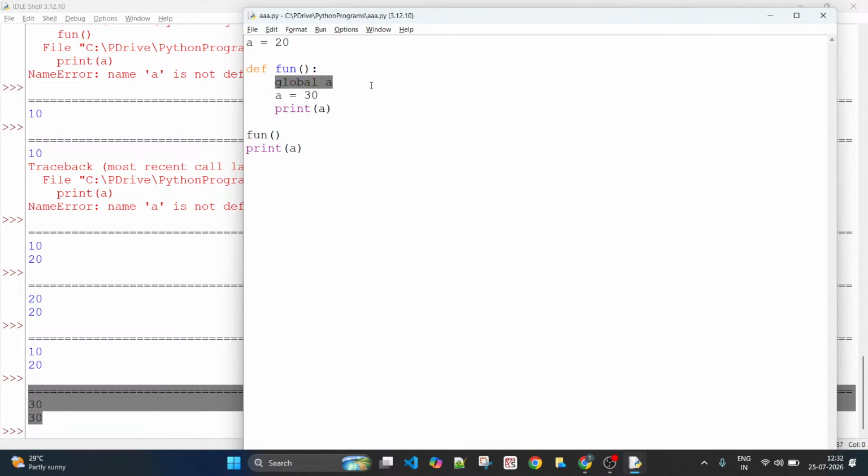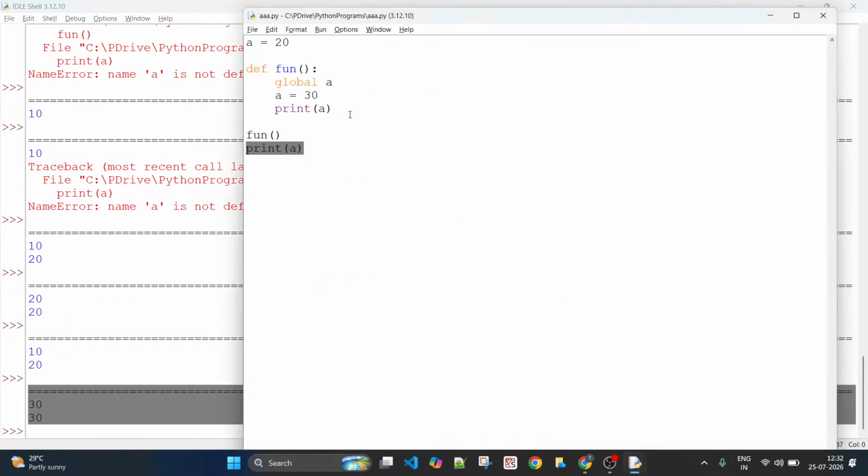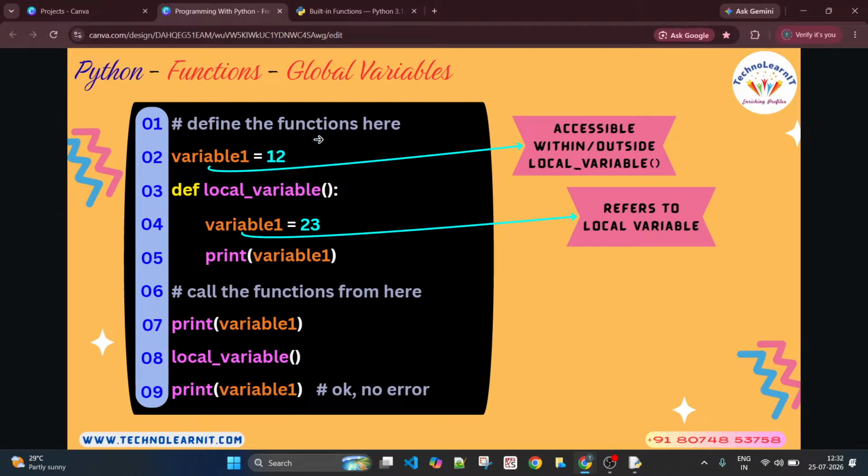But when you say global a, it indicates that I am referring to the global level variable that has been defined. So this is what it refers to, and you update it to 30. But since it is a global variable, this also has to access this one only. By that time the value of a has been updated to 30. So you see 30 coming out here. So the output would be 30 and 30 here. The reason is you have used global a, meaning I am referring to the global variable from here. This is the concept of local variables and global variables. The concept is very important and you need to really understand it.